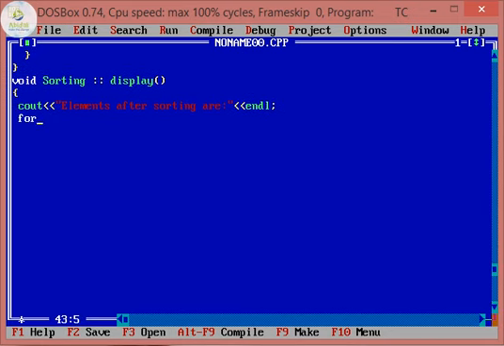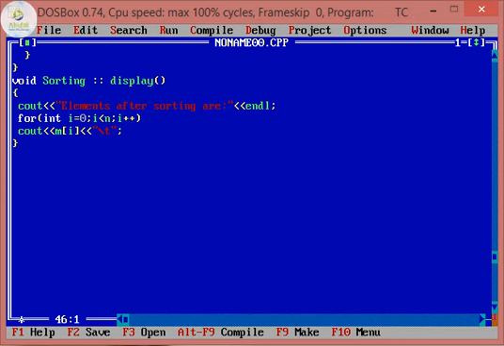For that I will write a looping statement for i = 0. Here it begins with 0. Only in the algorithm it begins with 1, i < n, i++. The values are displayed with the cout. The elements are represented by m[i], and each time there will be a space between each element that is being displayed.